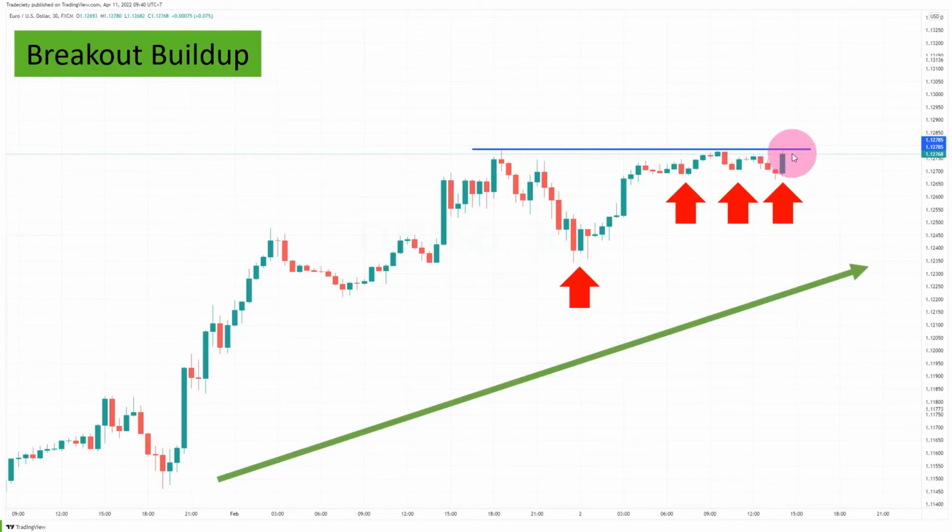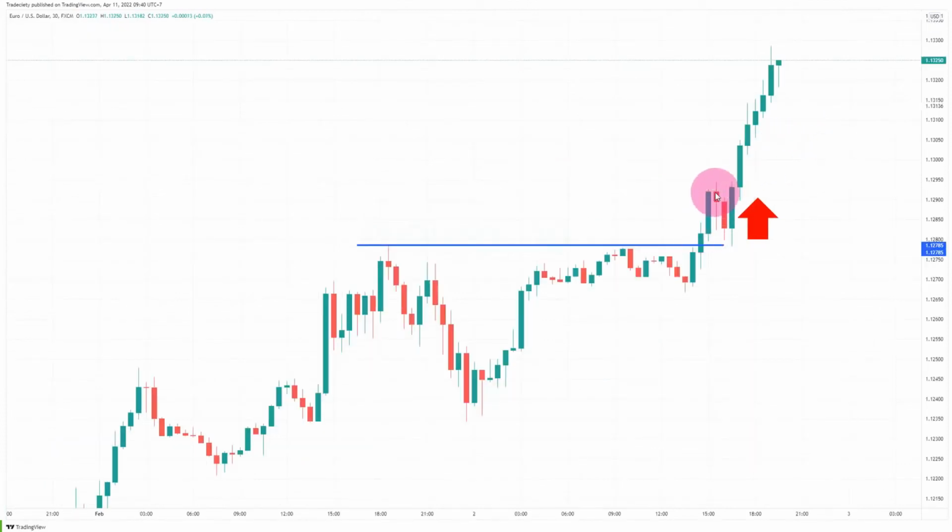However, we definitely always need to wait for the market to clear the high. So the final piece to this setup, and the final piece to the puzzle here, is that you wait for a confirmed close above this level. Here you can see that we have a close, and then we have a retest. So breakout and retest often come very close together, and then the market takes